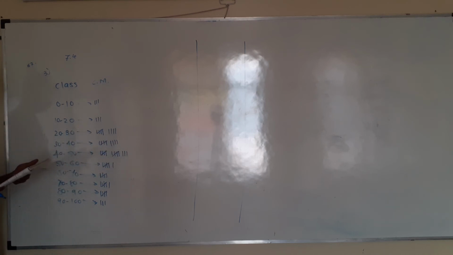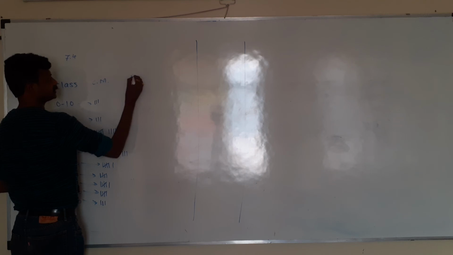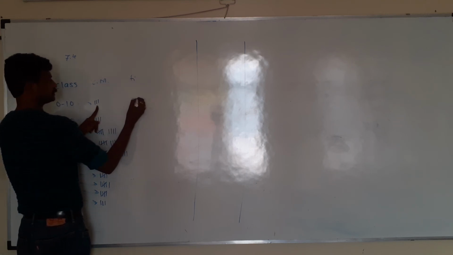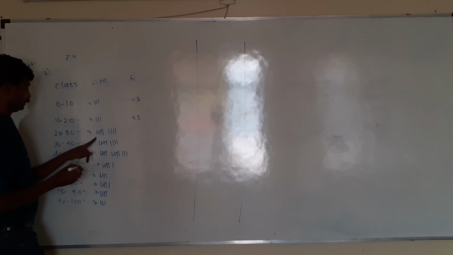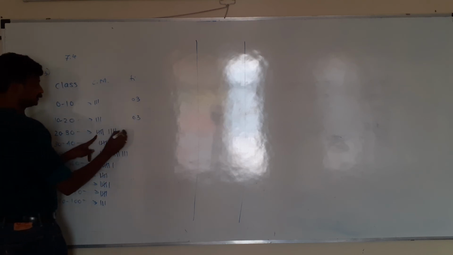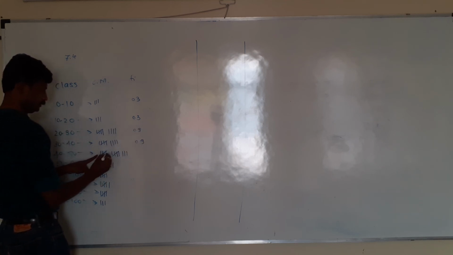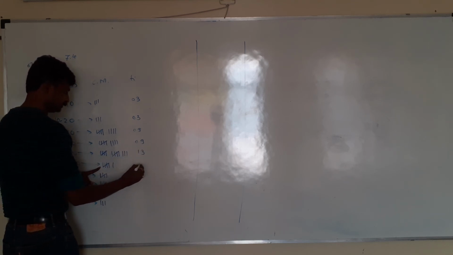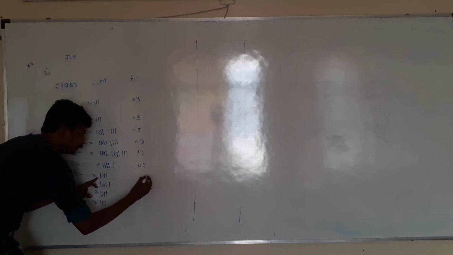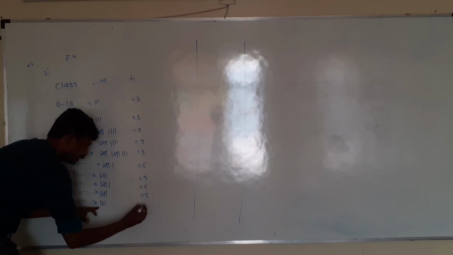So here we finish with the tally marks. Okay, we have to prepare a frequency distribution table. So after class marks it will come frequency. For the first class the frequency will be 3. For the second class the frequency is also 3. Third class 20 to 30, 5 plus 4 it will be 9. 5 plus 4 again 9. 5 plus 5 10, 10 plus 3 13. 5 plus 1 6. This will be 5, 6, 5 and the last is 3.